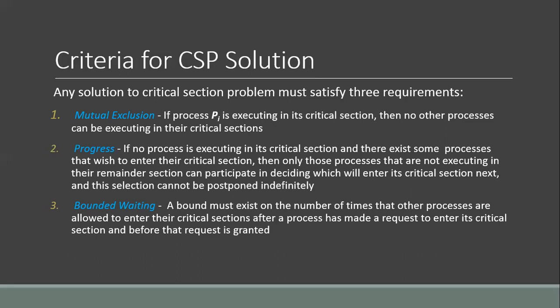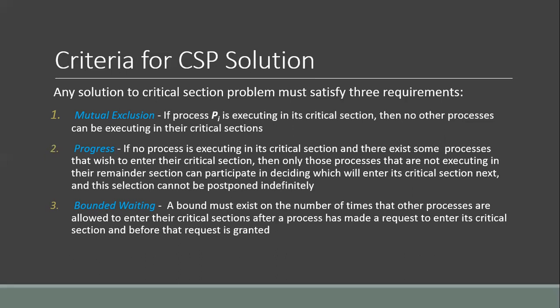After process P2 has finished executing its critical section, it again requests to enter its critical section. And suppose this request is again granted. So process P2 will again execute its critical section while process P1 is still waiting. Now this can keep on happening, every time process P2's request is granted. So what will happen? Process P1 will starve.